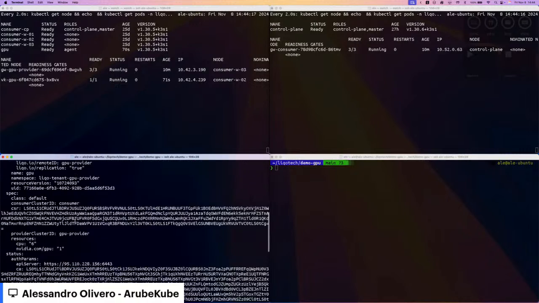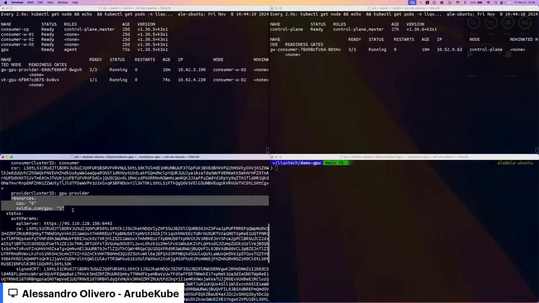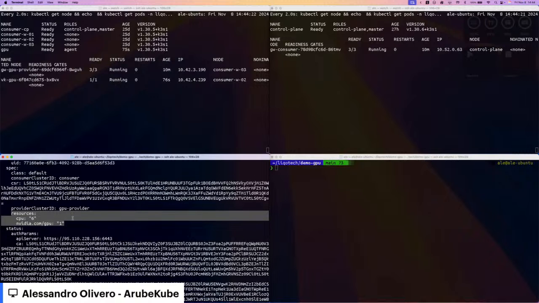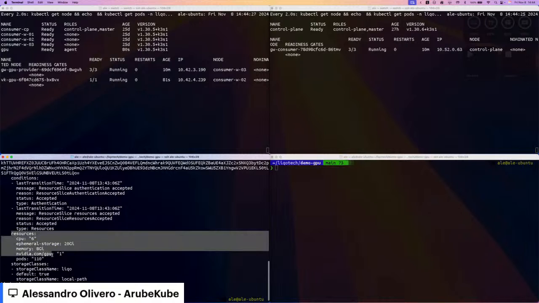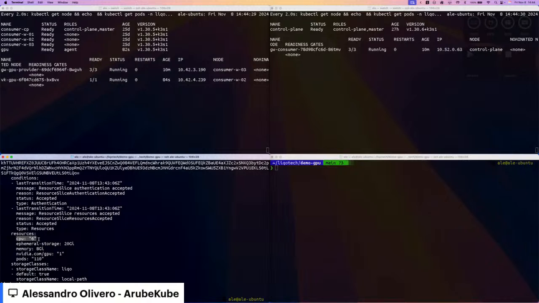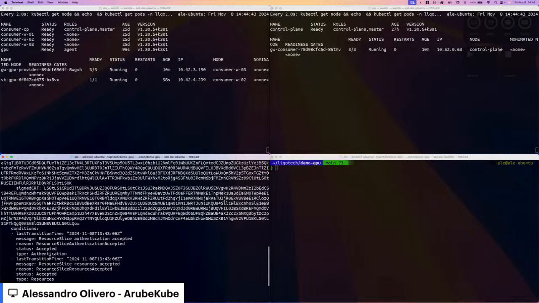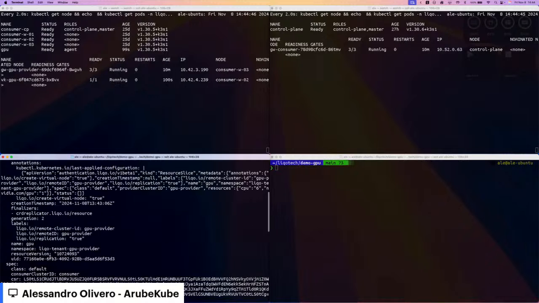So we have in the slice, obviously in the spec, what we created, what we asked before. But in the status, the remote cluster has filled in the resources we asked for, in the way we asked for them, and then it defaulted the other resources to the number that is set by default in Liqo. Okay. We have a mechanism of